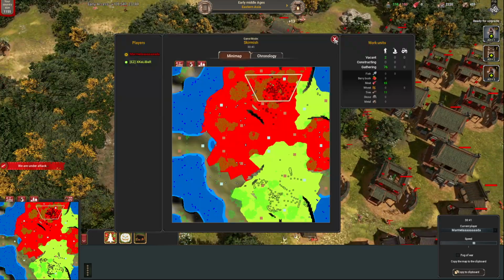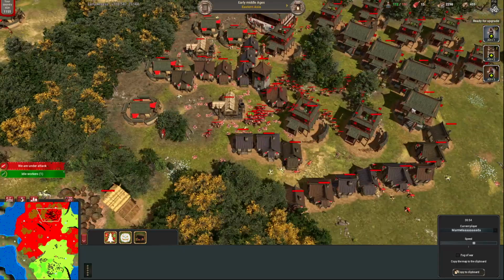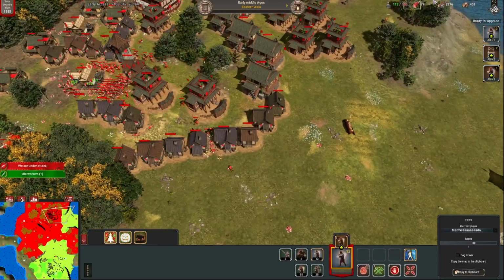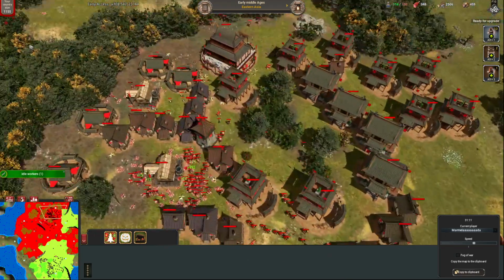Did he lose any workers in that? He has lost some workers. I did manage to take some workers off him. Maybe about 8, I think it was. And that's proper messed him up here. His food is now short. And he's going to be...